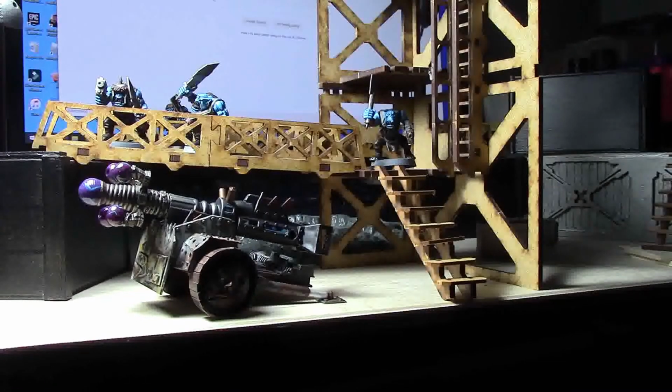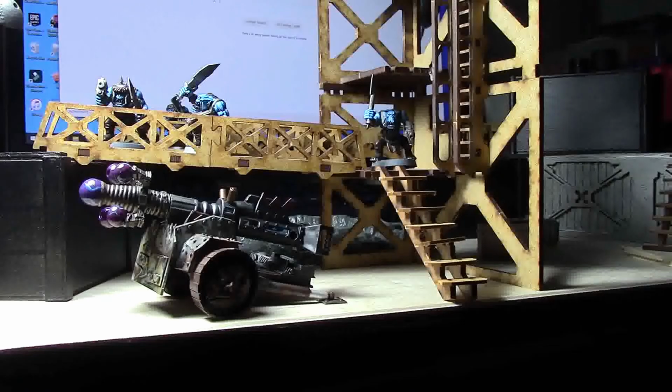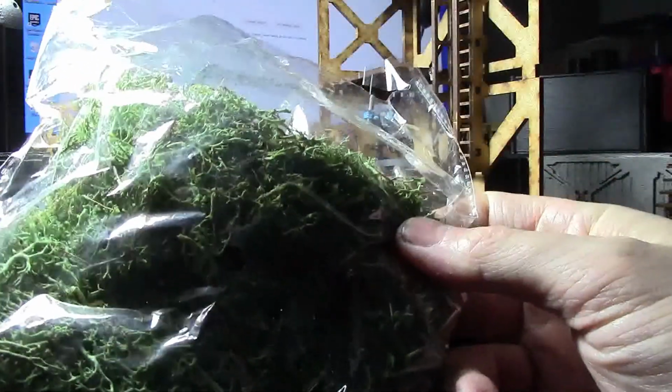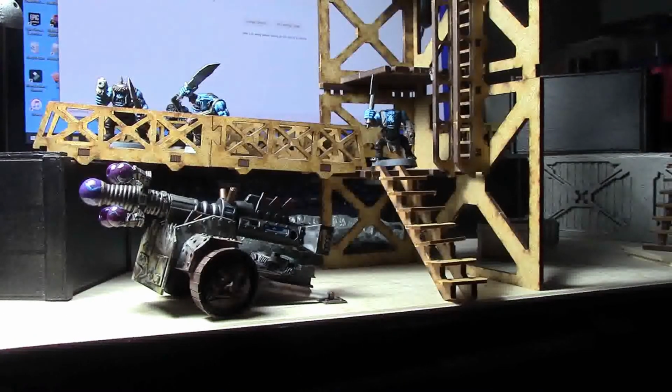So it's going to be kind of like an abandoned jungle scene, because I want to use up all this reindeer moss I got from the Dollar Tree, because I'll never use it for anything myself, and I just want it gone. I don't want to necessarily throw it out, so I'm going to use up as much of that as I can. It's just going to be a real simple job. Everything's going to get rusted up. It's going to have rocks and